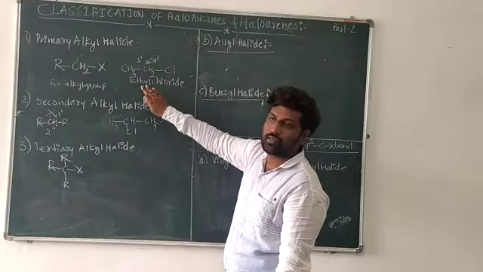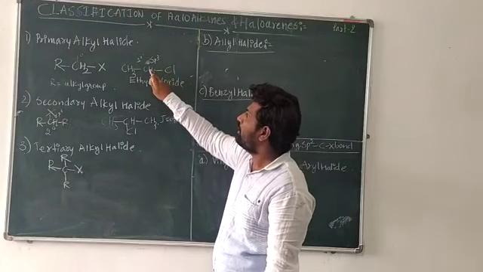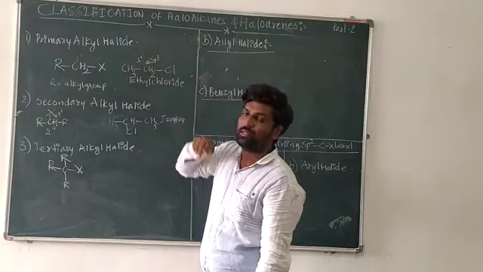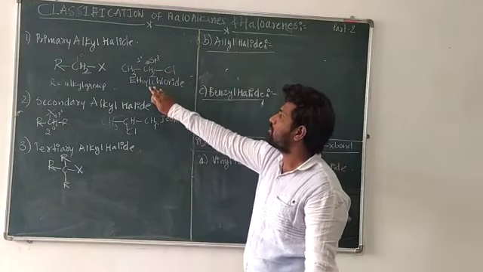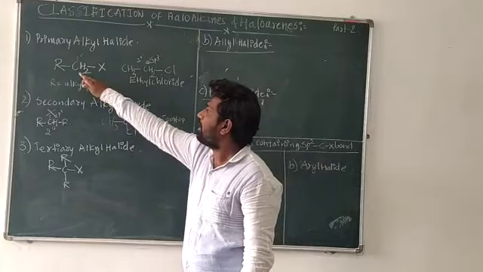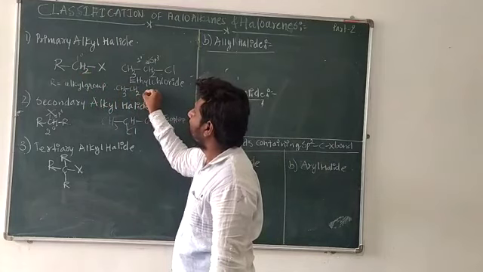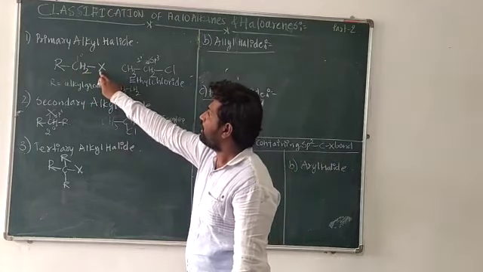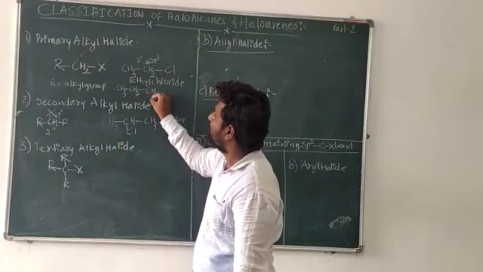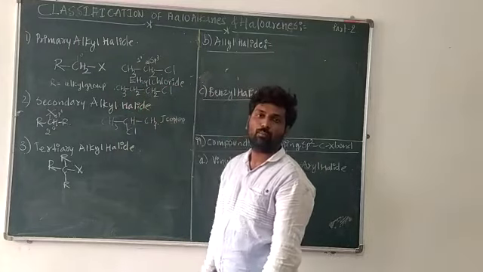Look at here, I have taken the example of ethyl chloride. Here the chlorine halogen atom is bonded to the sp3 hybridized carbon atom, which is bonded to another methyl group. So this is ethyl chloride. You can take R equals to any alkyl. If I take R equals to ethyl, CH3CH2, then CH2X is the continuation part, CH2Cl I will take. So this is propyl chloride.